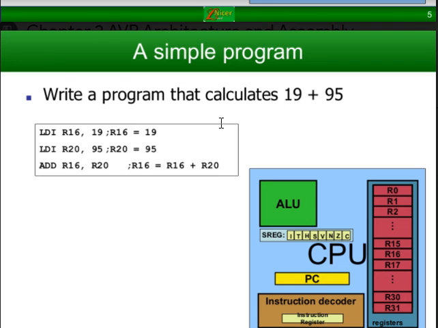This is a very simple program in which we are going to add two numbers. First we have to pass the two numbers to the two registers. Here we are passing 19 to register 16, 95 to register 20, and then we add both of them. After adding, the result is stored in the first register R16.